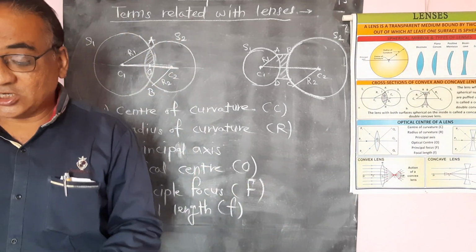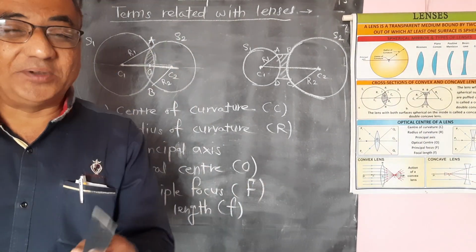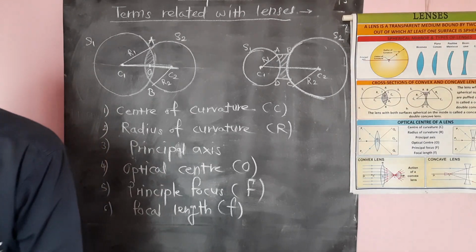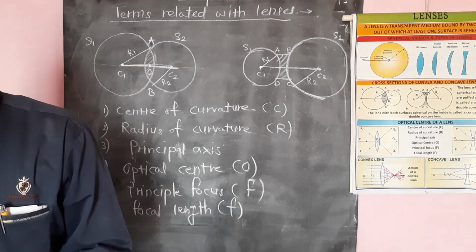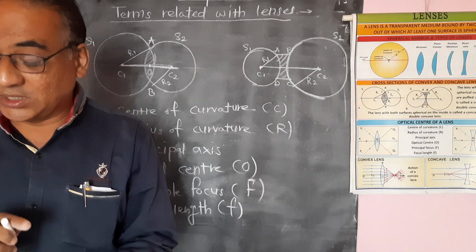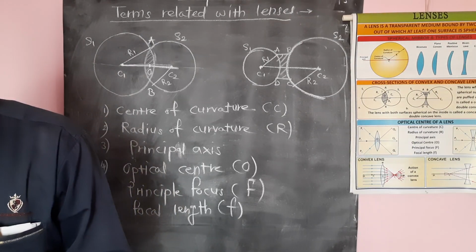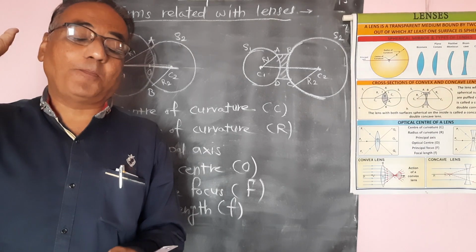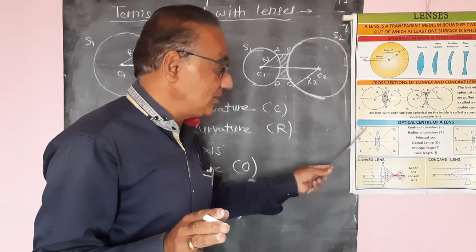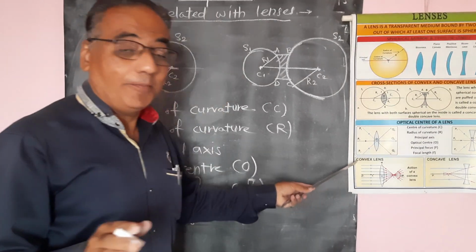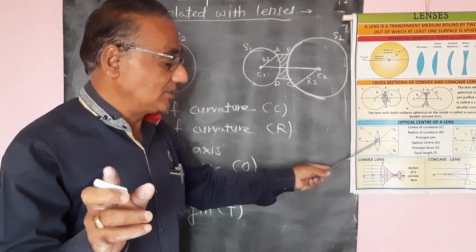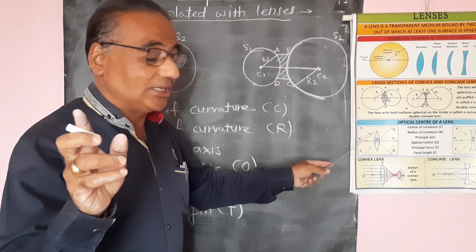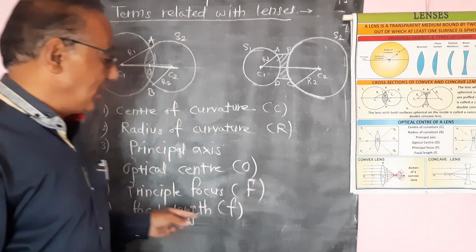Now what is the definition of optical center? This optical center is nothing but the point which is present inside a lens on the principal axis through which light rays pass without changing their path. This point which is present on the principal axis of a lens is called the optical center,